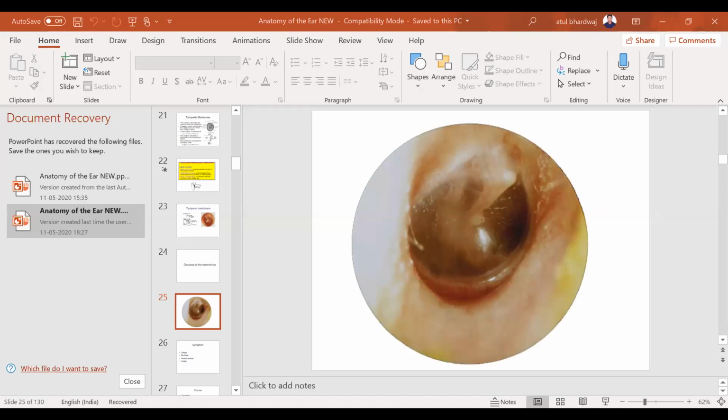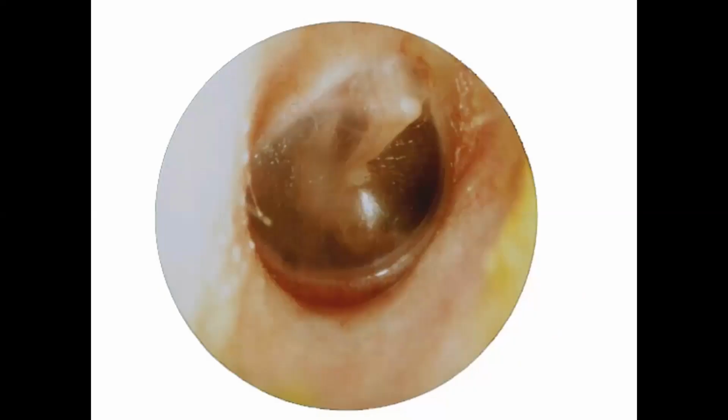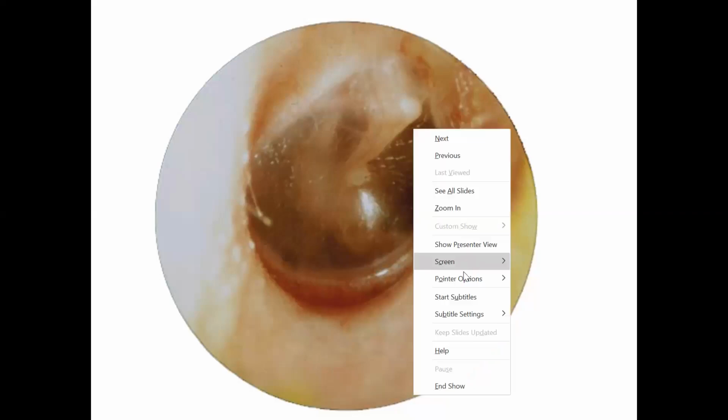This is again a basic anatomy thing. We have two types of endoscope. Number one is a rigid endoscope, and the second one is a soft or flexible endoscope. So this is a picture taken by a rigid endoscope. Let me expand this, and let me see if I can write.